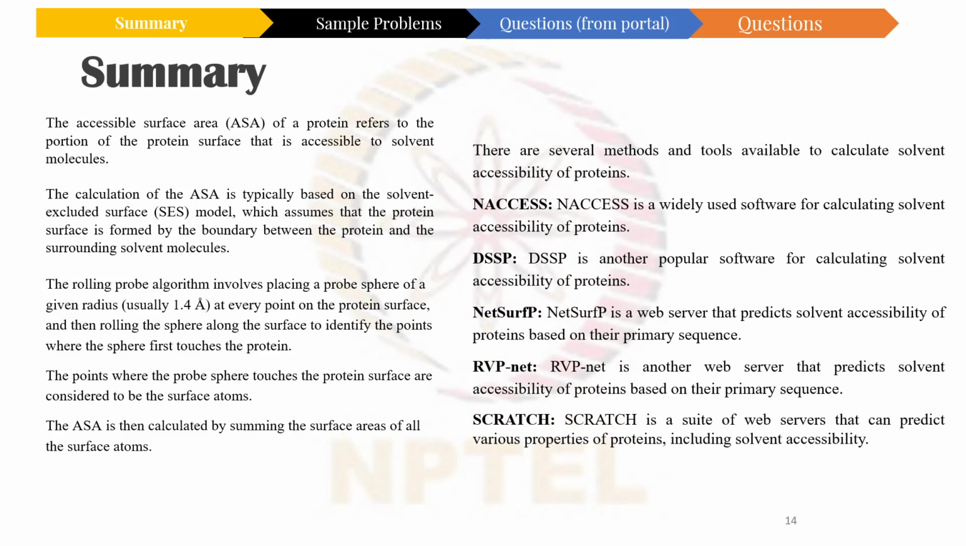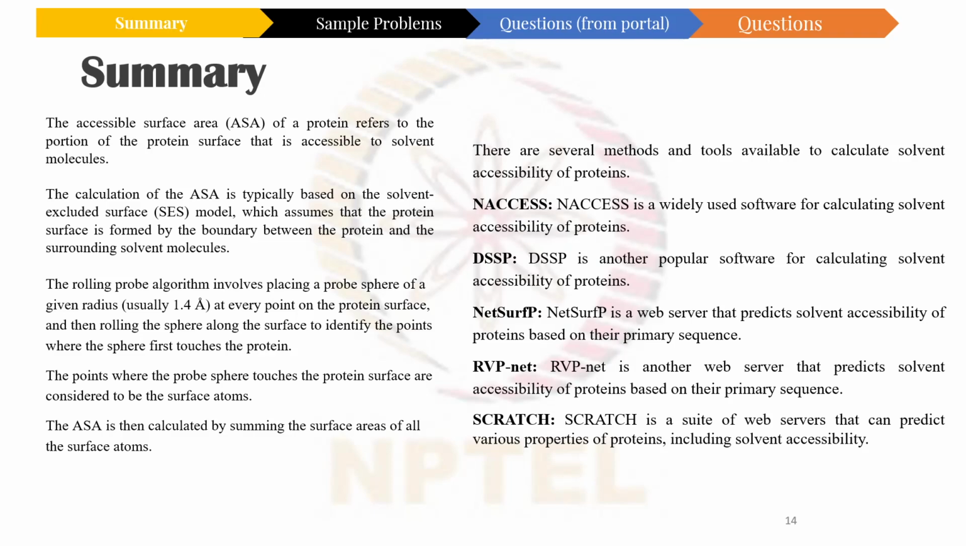There are several methods and tools available to calculate solvent accessibility of proteins. So I'll discuss some of them, first the NACCESS, which is a widely used one. It uses a rolling probe algorithm to calculate the solvent accessible surface area of a protein, and the output provides the information about solvent accessible surface area for each residue in the protein as well as the overall solvent accessible surface